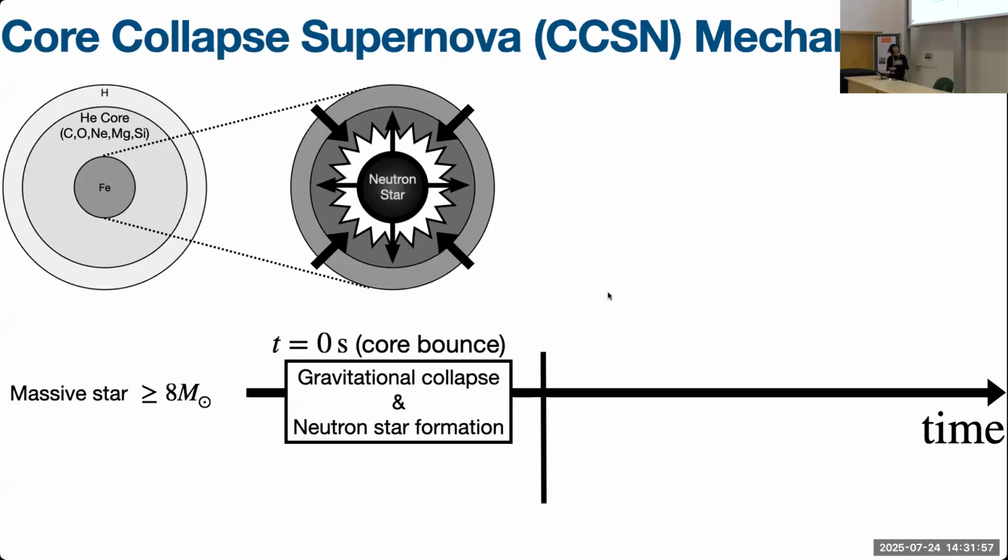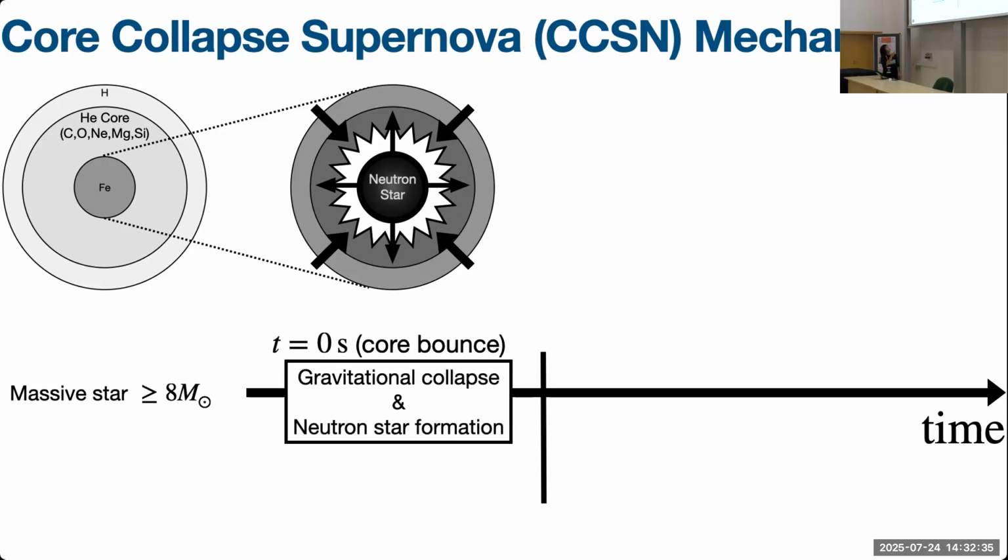First, I will briefly introduce the core-collapse supernova mechanism. A massive star exceeding 8 solar masses undergoes a core-collapse supernova explosion. At the pre-supernova phase, the progenitor forms an onion structure like this: a hydrogen envelope and a helium core containing carbon, oxygen, neon, magnesium and so on, and an iron core at the center. At some point,